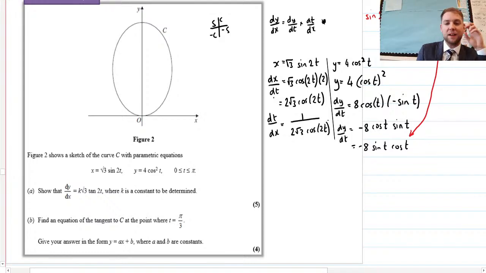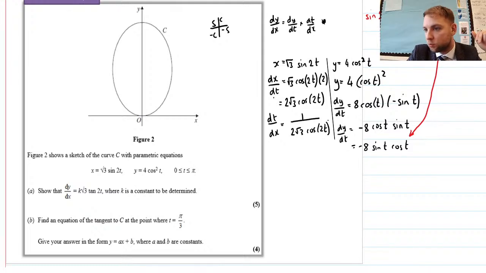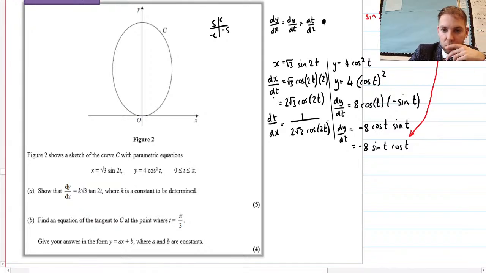So this is where you've got to have a really strong understanding of your trigonometric identities, because actually I can now write this as, if I take the 2 out as a common factor, I end up with this, which is dy by dt is equal to minus 4 times by 2 sine of t cos of t,